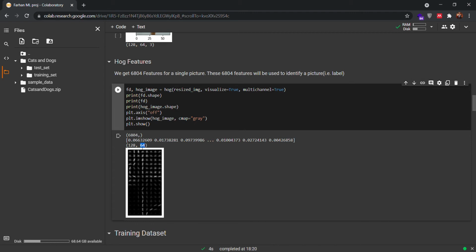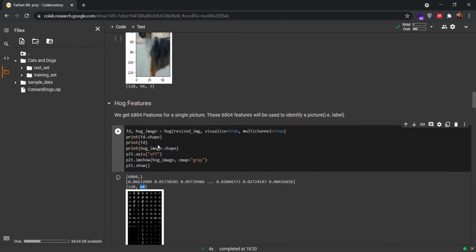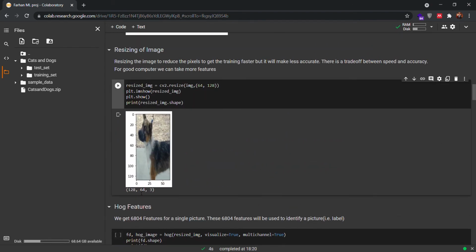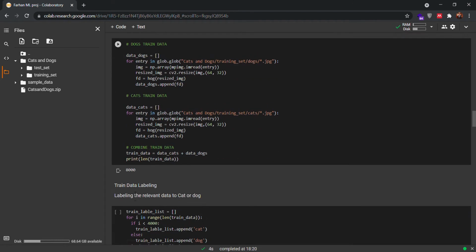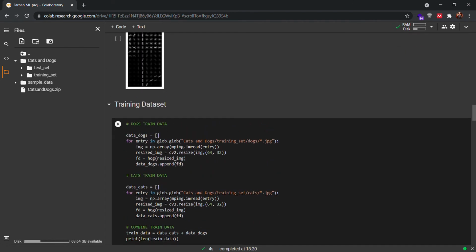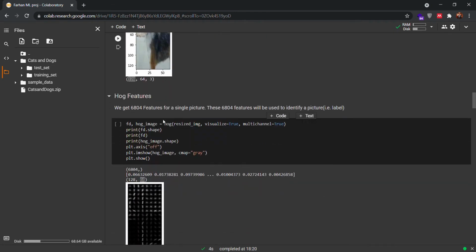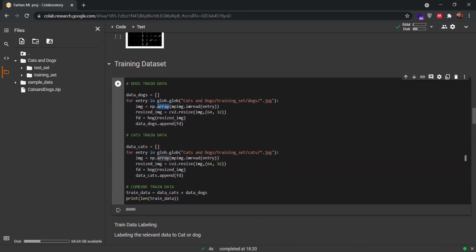Here I have used glob to read the dataset, and then I converted it to a NumPy array, as I told you earlier at this step. Then I resized the image with the help of cv2, and here I extract the HOG features of the image and store it for cats and dogs.